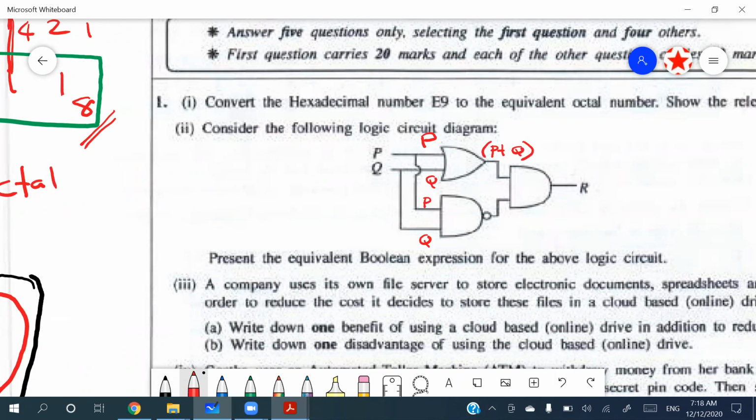Better you have the brackets. This is a NAND gate, so the NAND gate will produce P dot Q, total bar, right? And then at the final time, there is an AND gate, so you are going to multiply it. So you can have (P plus Q) dot (P dot Q) bar,